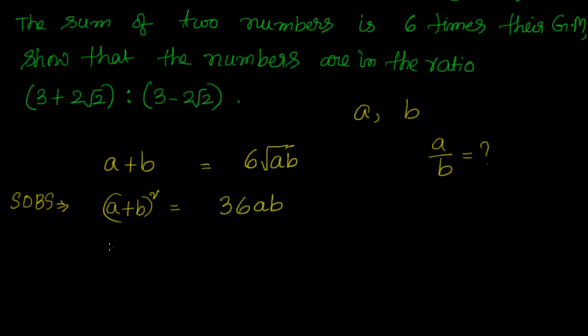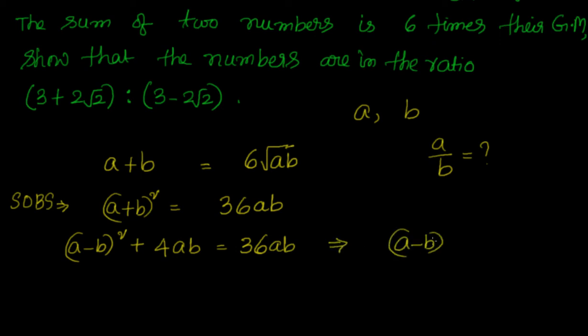But what I want is a minus b whole square, so I can write it as a minus b whole square plus 4ab equal to 36ab. That gives me a minus b whole square equal to 32ab,